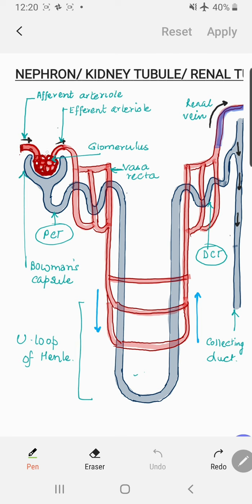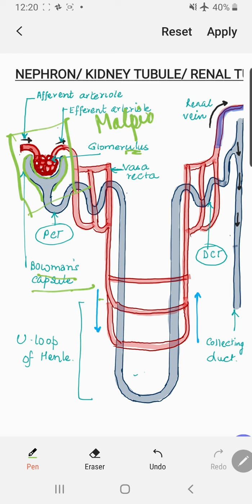The next structure here is the cup saucer shaped structure. If you see this, you may say cup-like structure, saucer-shaped structure, which is actually surrounding the glomerulus. You call it Bowman's capsule, right? So when I said that only this much of the diagram could come in boards as a figure based question, you understand that only the combination of Bowman's capsule and glomerulus is known as Malpighian body. Malpighian body or Malpighian capsule.